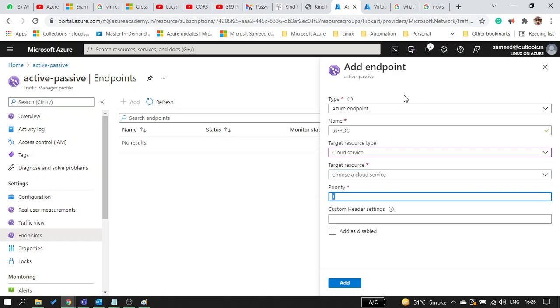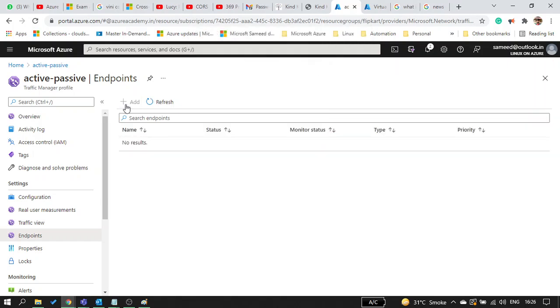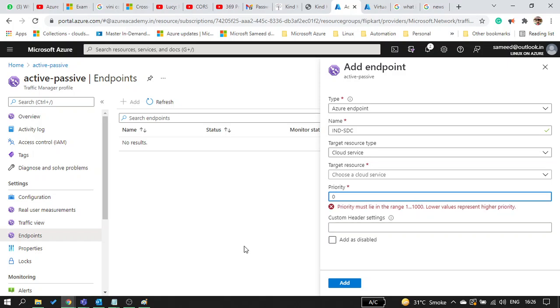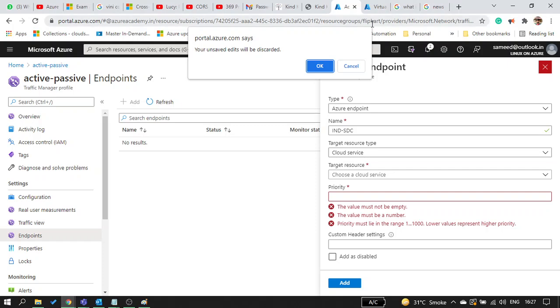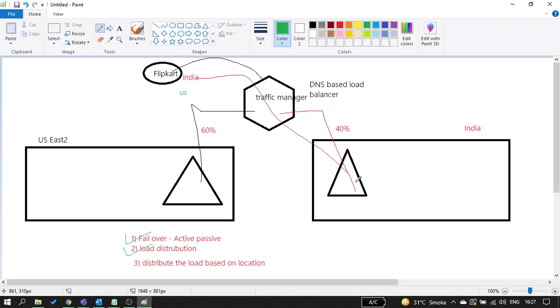And the other one, which I'm creating after this, let's say the IND secondary site, will have priority 0, right? So this is how you can set it. You can set from 1 to 10, where the highest priority gets all the traffic, right? I can add multiple priorities, so I can have multiple sites. This is India, I can have a UK,